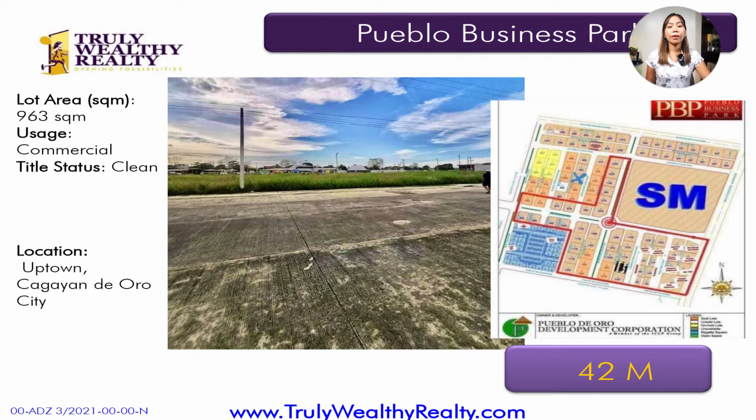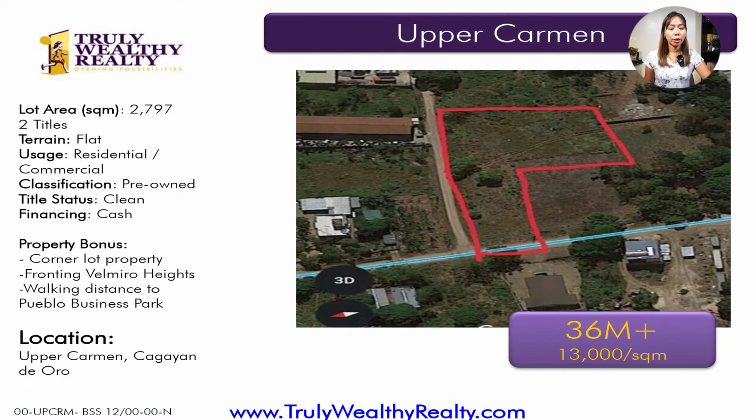And then here we have another lot in Pueblo de Oro Business Park. So this one is at the back of SM Mall. It's 963 square meters at 42 million. And then we have another one in the Upper Carmen area. So this one is